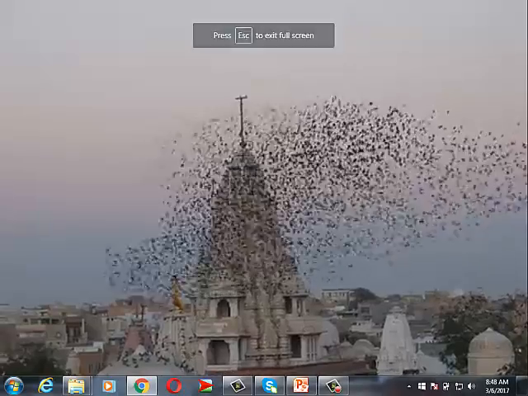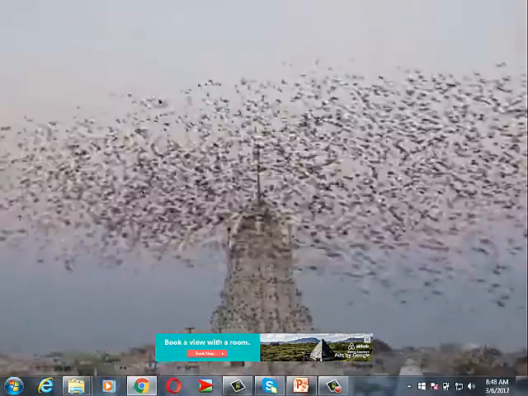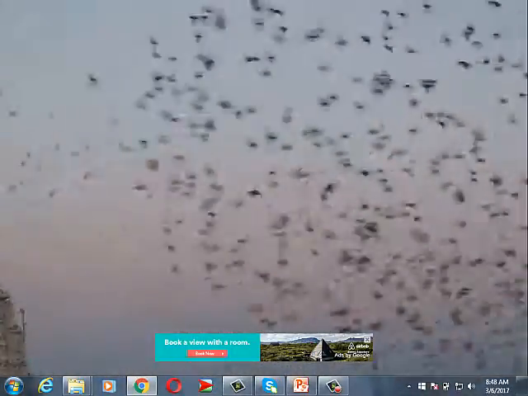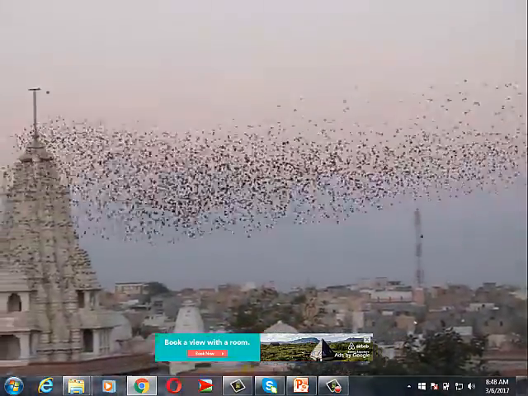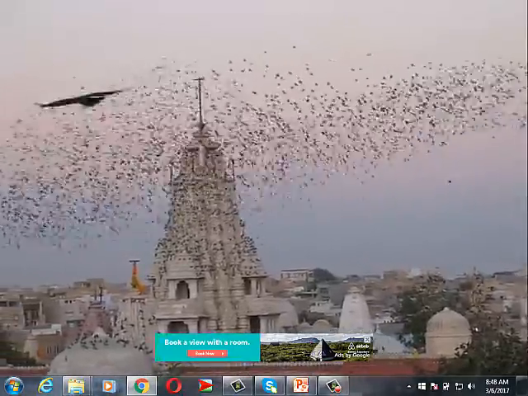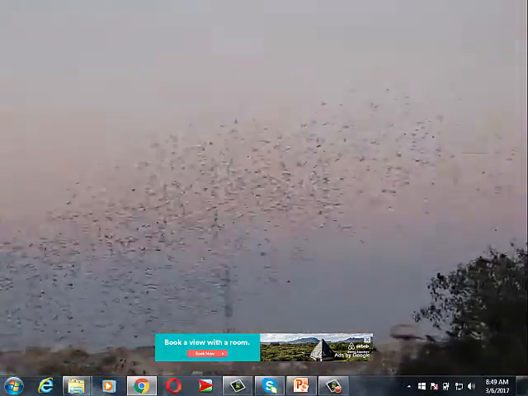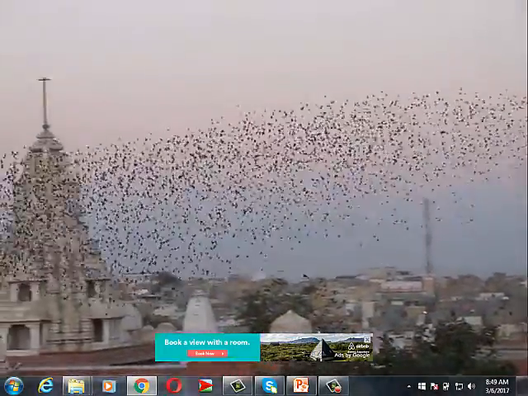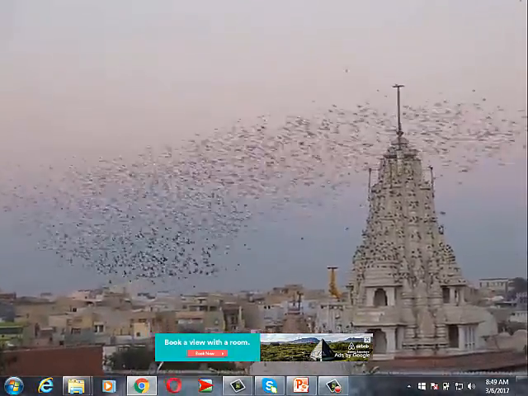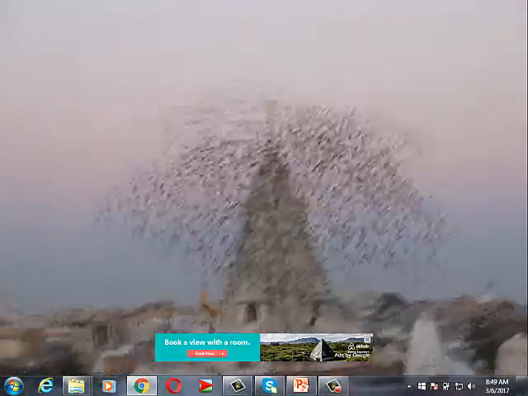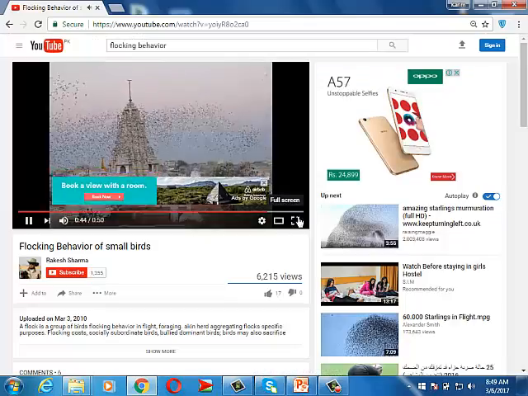Now you see we are seeing a behavior of these birds. Now these birds are moving in a pattern. Now this is a puzzle. How can all of these birds move together in a coordinated way? Do they have any wireless systems? How are they communicating? How are these patterns forming? How do they know? I mean, who's controlling this? This is a big puzzle which puzzled people for many years.